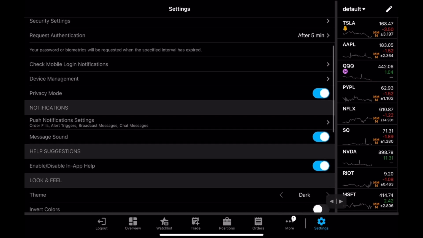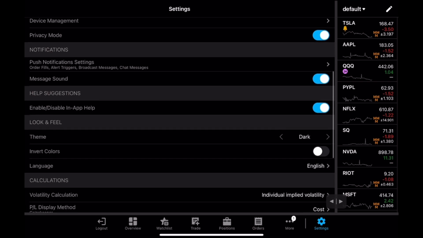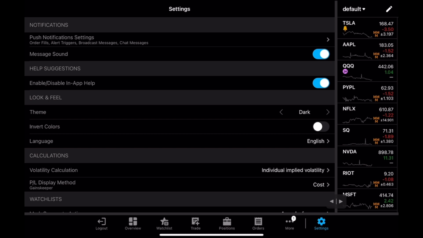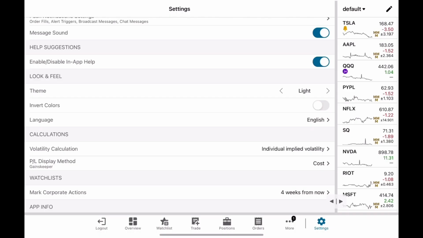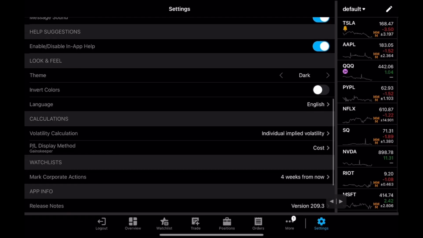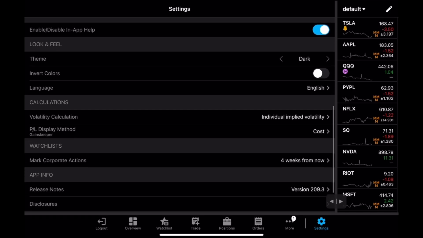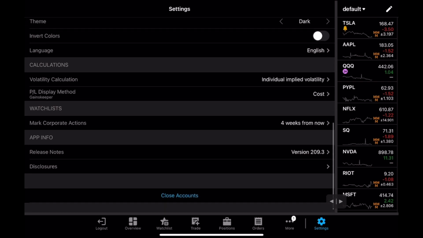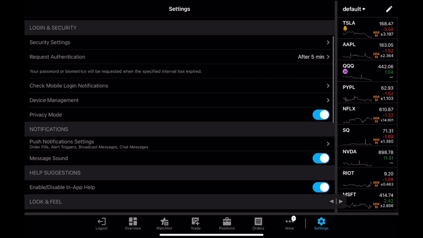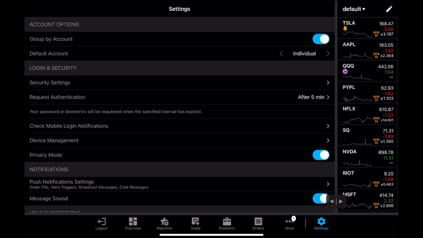You can look at your device management, privacy mode, all these good things, push notifications, the messages that will sound. You can have anything. Even the theme can be changed. If you don't like this dark mode, you can slide it over to light, or you can do iOS, but I'll stick to dark. You can invert the colors, change the language. You can look at the volatility calculation, the P&L display. All these good things are going to be helpful if you have this app set up essentially on your phone